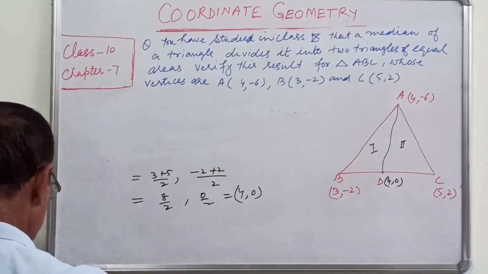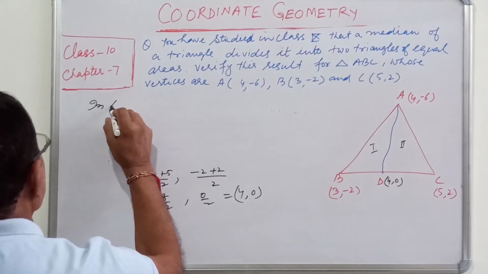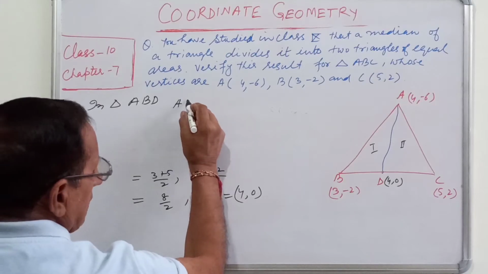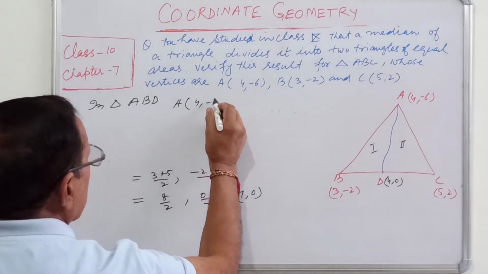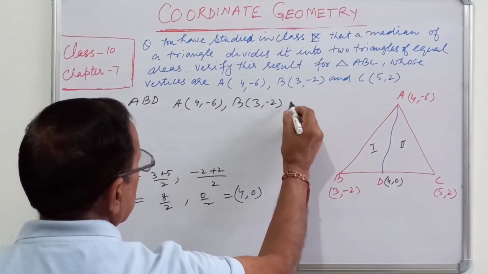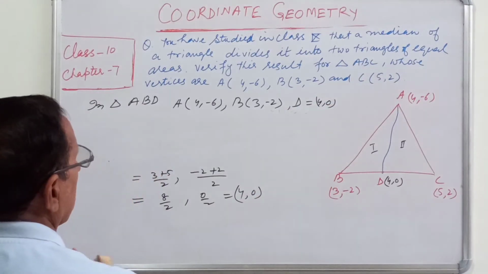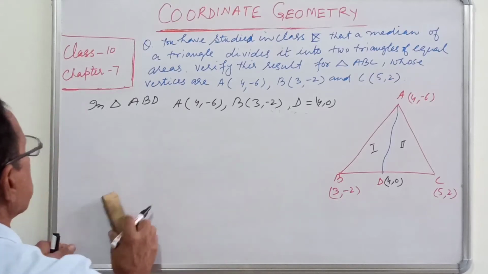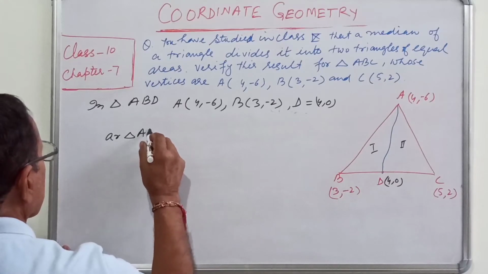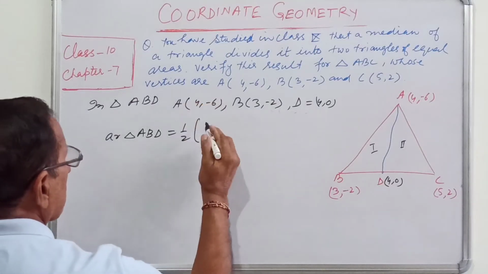So in triangle ABD, coordinate A is (4, -6), B is (3, -2), whereas D is (4, 0). So the area of triangle ABD will be 1 upon 2 into x1, which is 4,